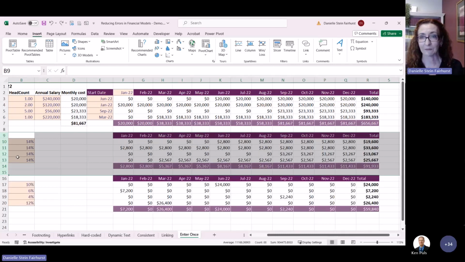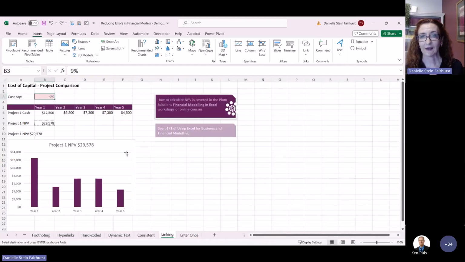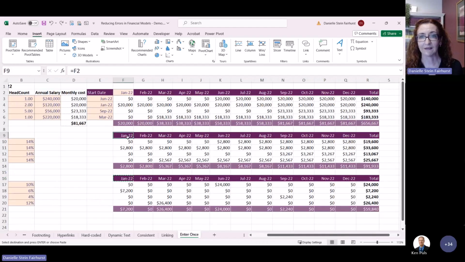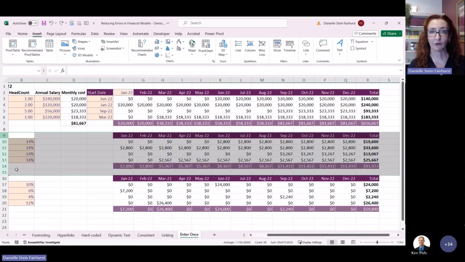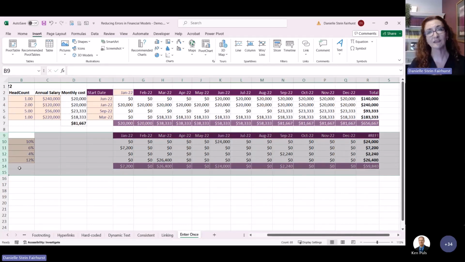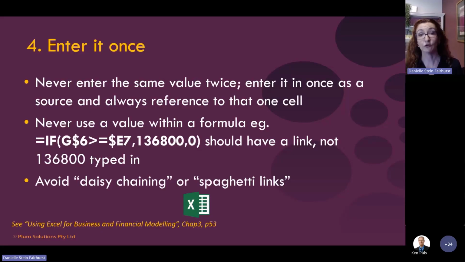The way that I had it previously, that one linking to there and that one, we always link to the source. It's good practice to always link to the source wherever you can, so that if you were to remove that, it just makes the model more robust, and not have daisy chain or spaghetti links for that reason. It just makes it quite hard to follow and to audit.